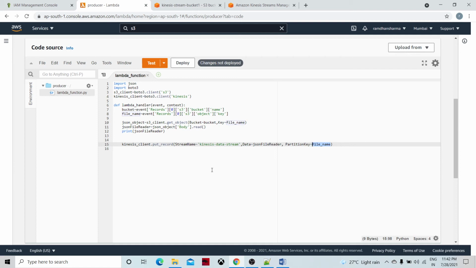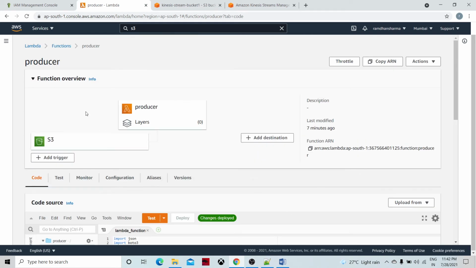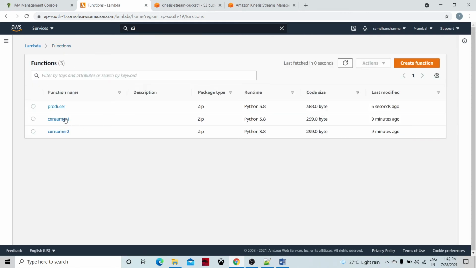So the partition key would be a unique factor for the data stream. Okay, now this we have done. We are going to deploy this. Okay, this is deployed, and now we are going to go into the consumer.